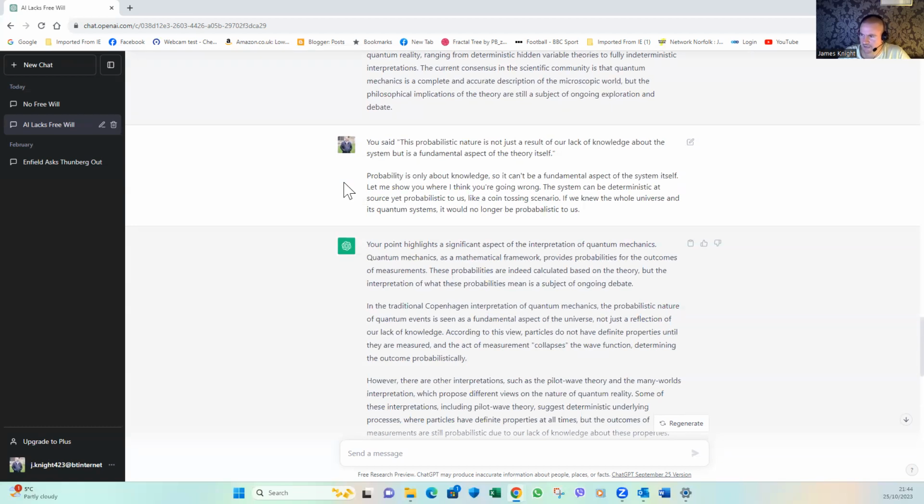The system can be deterministic at source, yet probabilistic to us, like a coin tossing scenario. If we knew the whole universe and its quantum systems, it would no longer be probabilistic to us. So think about it in terms of coin tossing. The coin tossing is deterministic in the sense that we know algorithmically that it's going to converge to 50-50 heads tails, but the configuration of the coin tosses of H and T's is unpredictable. In fact, it's maximally unpredictable because in order to know the information string, you'd have to know every single H